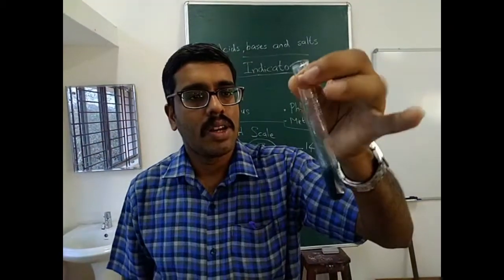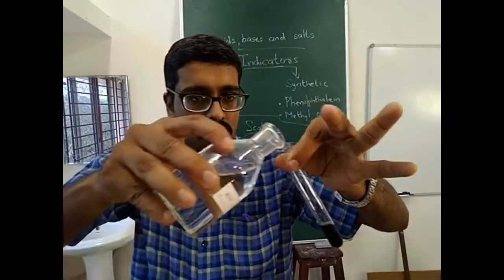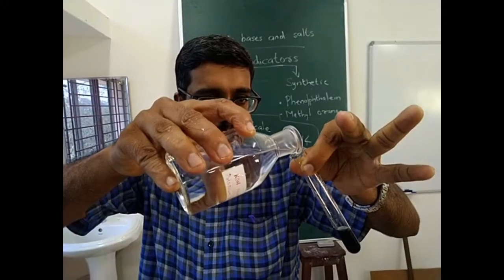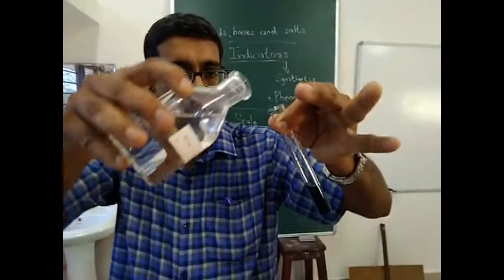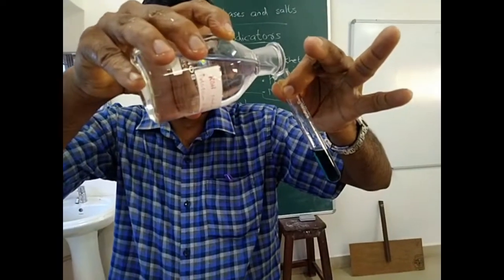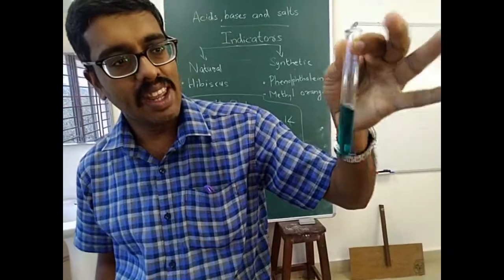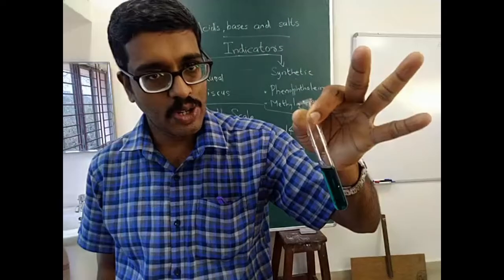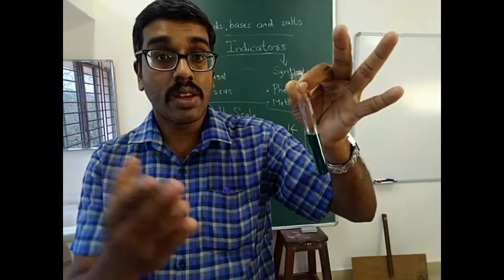Some more. Now it changes into somewhat violet color. Adding some more. You can see somewhat greenish color. It indicates that now the solution turns into basic nature. Likewise, we did it with the phenolphthalein solution.